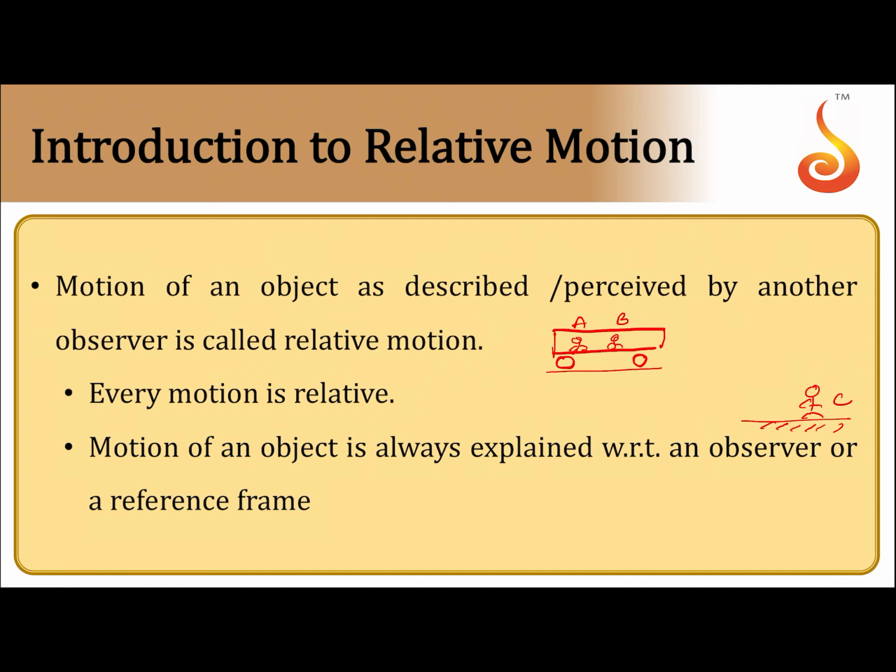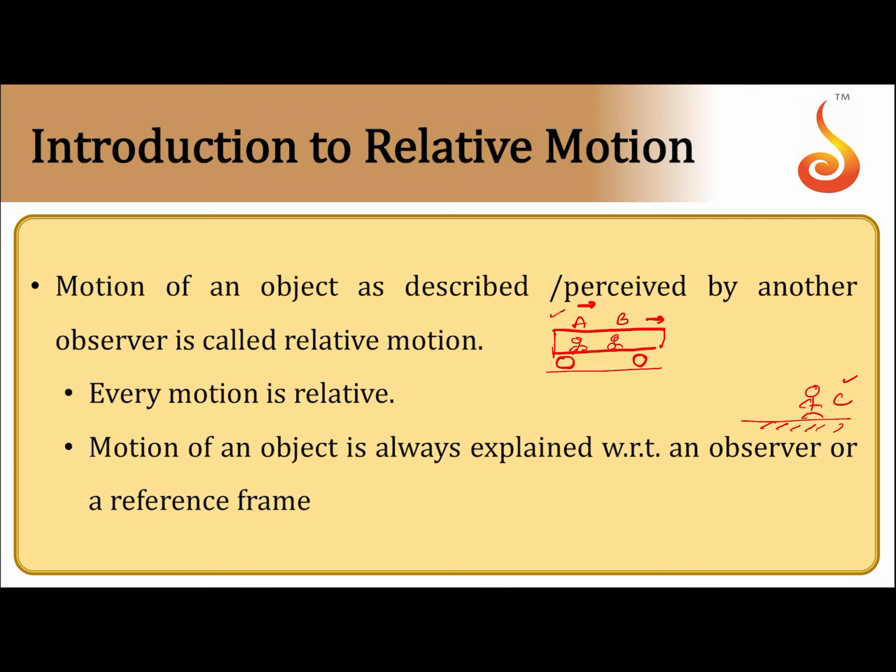Now, if we ask to describe the motion of any one of them, for example, if we ask C, he says both B and A are moving towards right. So, according to C, A is in motion, B is also in motion. Now, let us ask A. If we ask A, he will tell no, only C is in motion, that too in the backward direction, but B is not moving at all. This is his report.